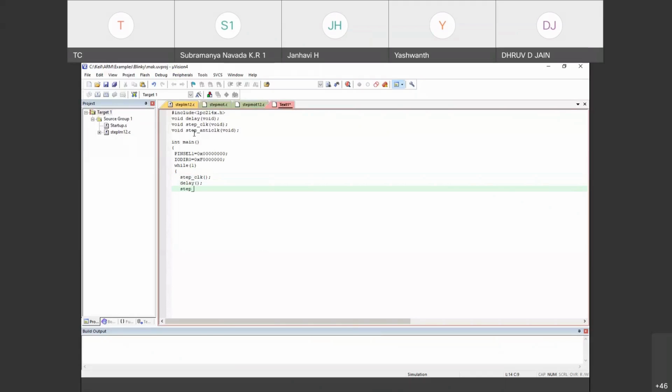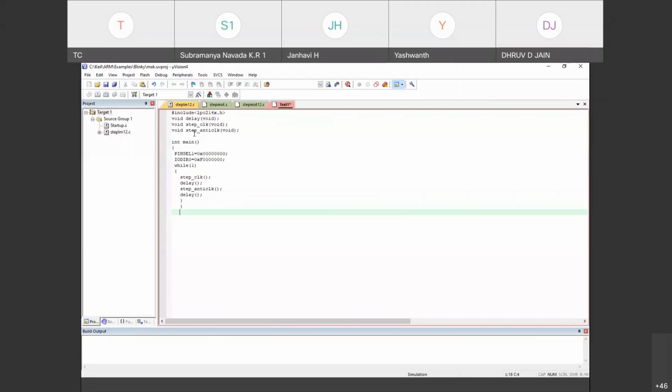That's it, step underscore anti-clock, anti-clock, and then delay. So you just check now. If this is the question, I have simply completed the program. I wanted to rotate the stepper motor in clockwise direction and anti-clockwise direction.